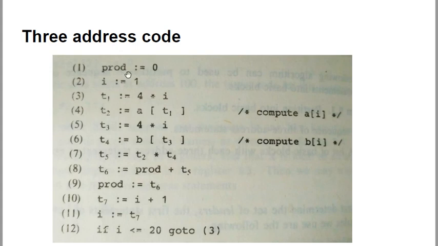Now we see that in the following statements 2, 3, 4, 5, 6, 7, 8, 9, 10, 11, we are not finding any jump, not any conditional jump or unconditional jump. The last statement consists of a conditional jump, and the target of our conditional jump is line number 3. None of the other statements consist of any jump, only the last statement. So basically we'll get 2 basic blocks in this particular 3-address code.